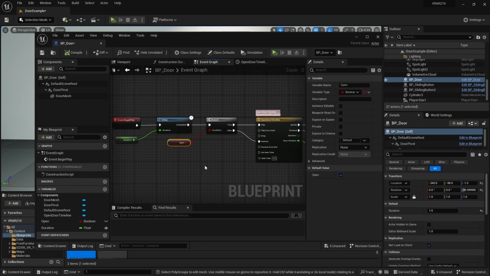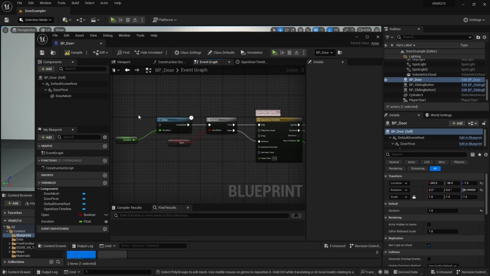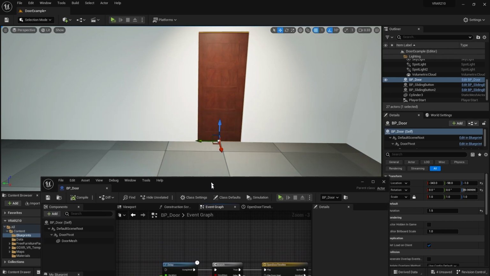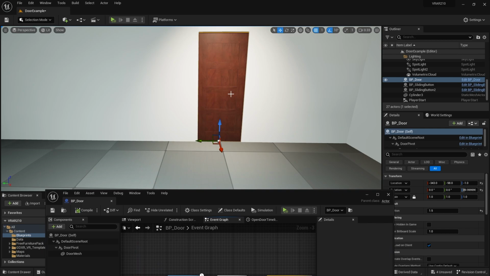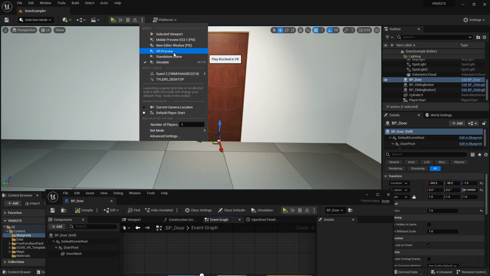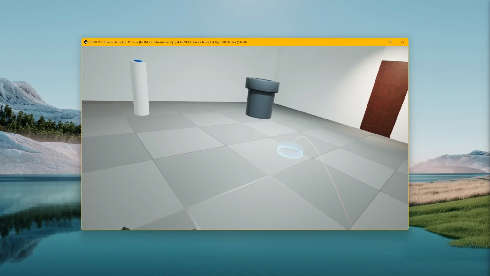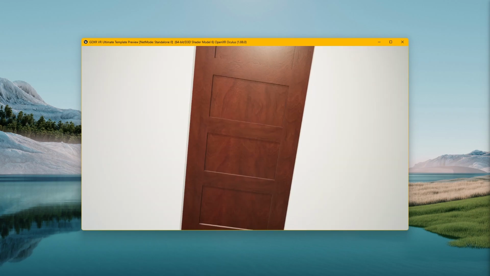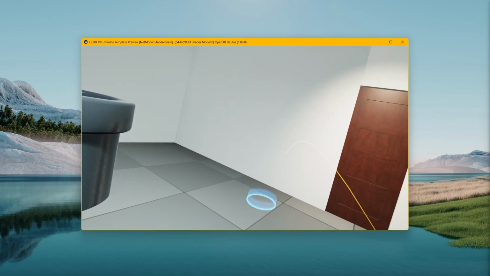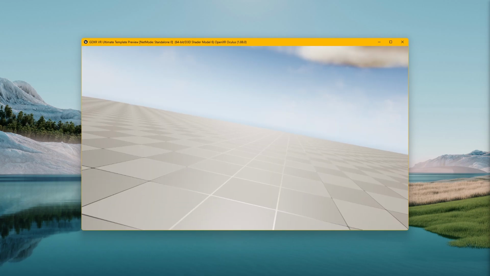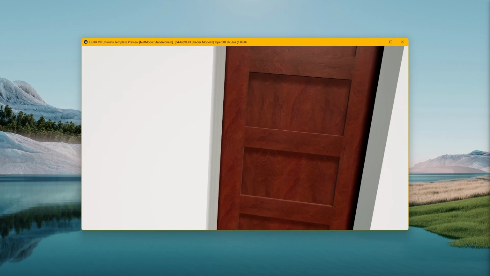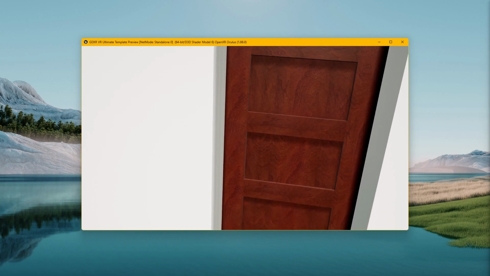Now we don't actually want the door to open at the beginning, so I'm going to go ahead and delete begin play and compile and save. And now there's one final thing I want to do to this door mesh, and I'll need to demonstrate this in VR. So I'm going to turn on VR preview. Now in VR, I can teleport by pushing forward on my right thumbstick. And while I can't teleport through the walls, I can teleport through the door. And that's a problem if I want to make a puzzle where the goal is to open the door, not